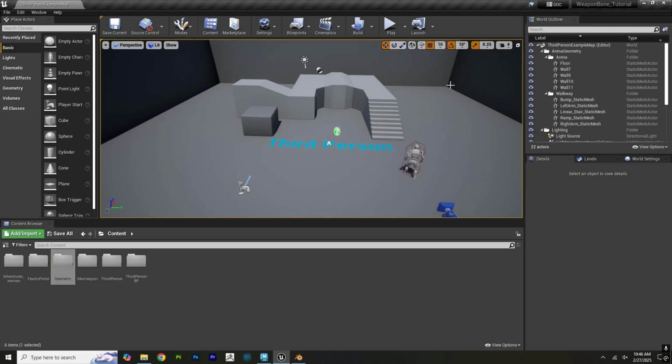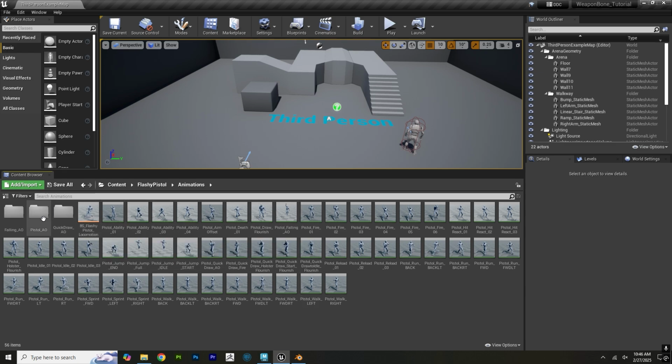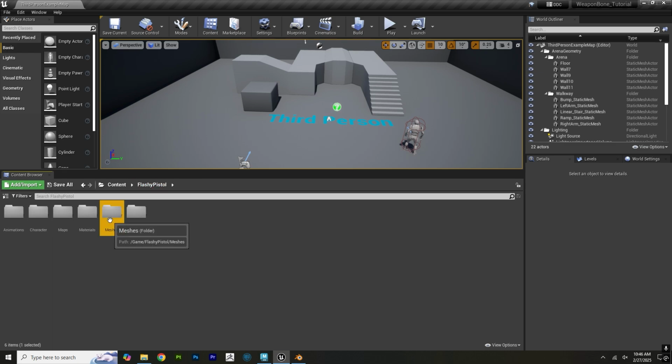This is 4.27 and I just did a third-person template. I then imported the Flashy Pistols pack, which has all the animations and it has the character skeleton set up. It also has the pistol mesh. I then also imported this adventure woman that I found on the marketplace for free,